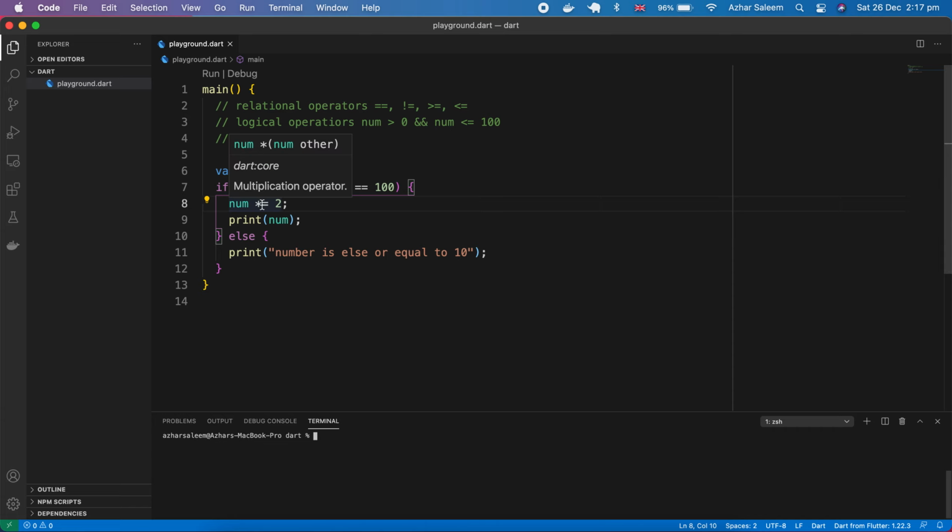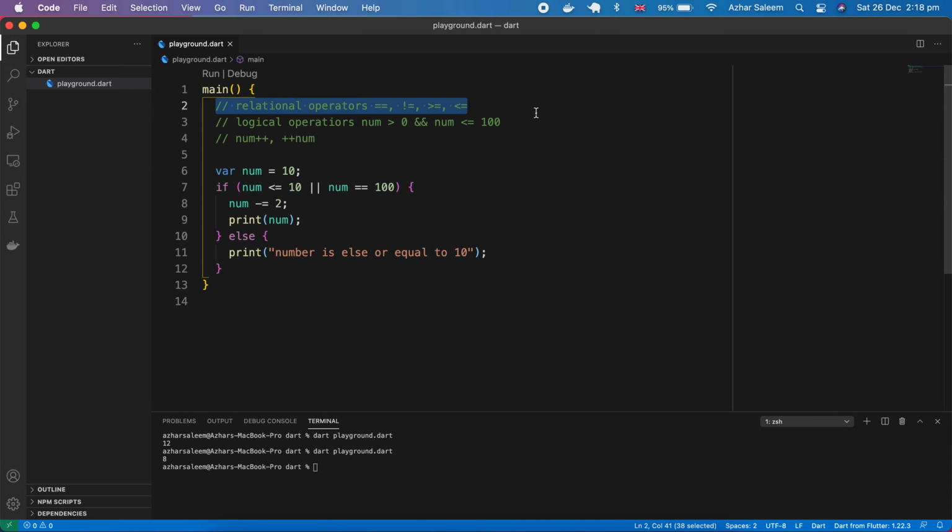Make it clear here. If I plus, now our print statement will be 12. Same if we pass here minus, it will be 8. So that's our operators. We discuss relational operators, logical operators, and